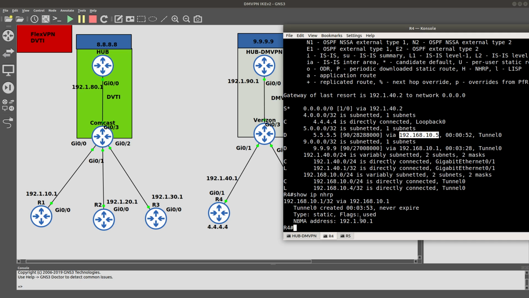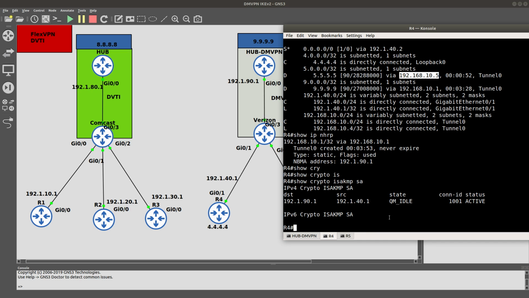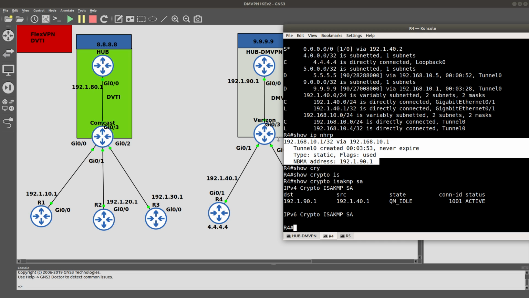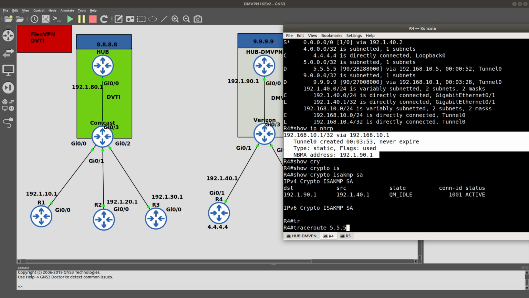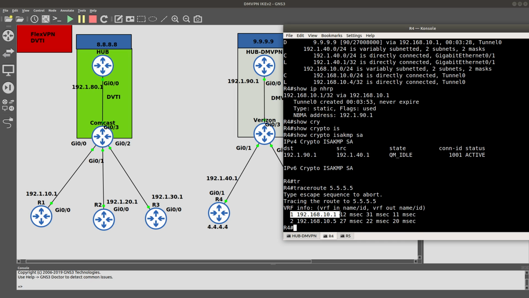We only have learned one, so we only have one tunnel created. So if we do show crypto ISAKMP SA, you're going to see that we only have one tunnel created. I hope, spoke communication and only one NHRP tunnel right here. So now if we do a traceroute to 5.5.5.5, you're going to see that the first packet went through